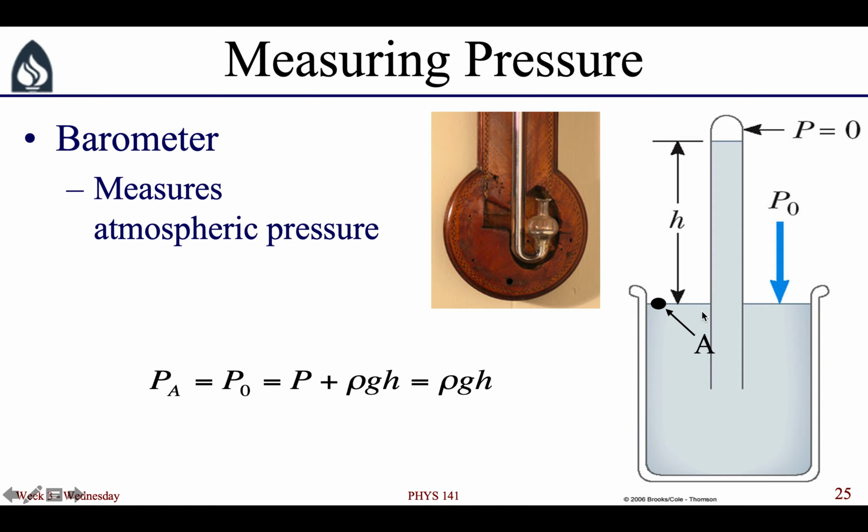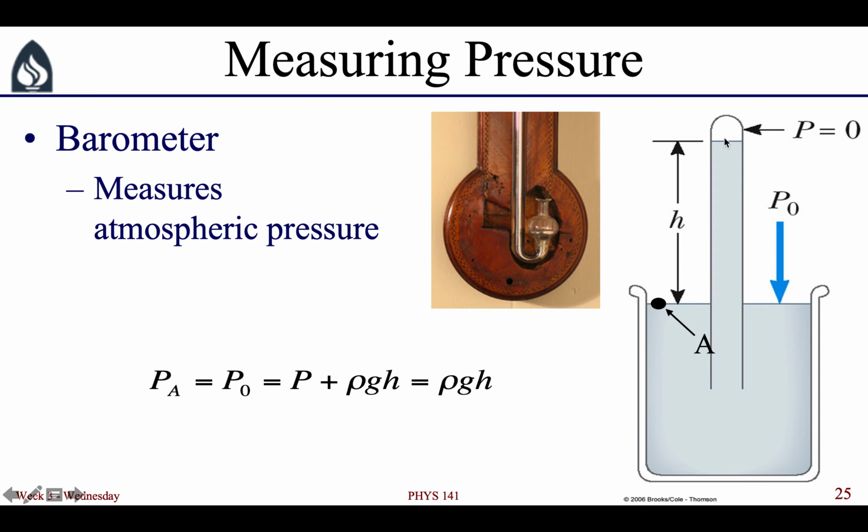So then once again we use the fact that the pressures at the same level that are touching the fluid are at the same pressure. So point A is on the surface of the fluid, it's open to the atmosphere, so point A is at atmospheric pressure. But if we look inside the column, at this location here, this is also at height A, so it's at the same pressure, and that pressure is equal to the pressure at the top of the column of fluid,